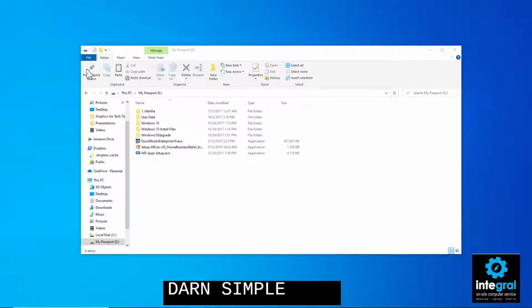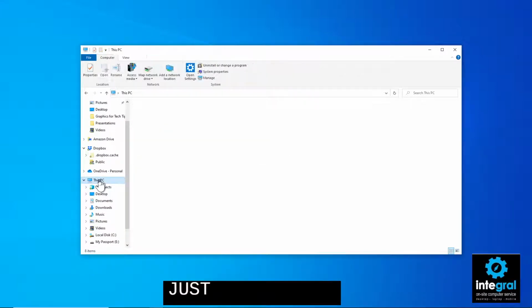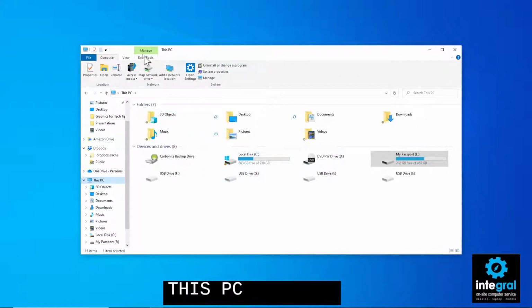Now, one of the things that you need to look at before you do a copy and paste is to verify that your external hard drive has enough storage to house your information. How do you find that out? Pretty darn simple. Now, this rule applies to Windows and Mac, but I will show it on a Mac here in a minute. You can just click on This PC to get to